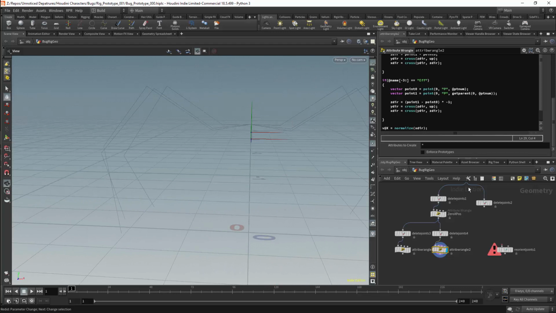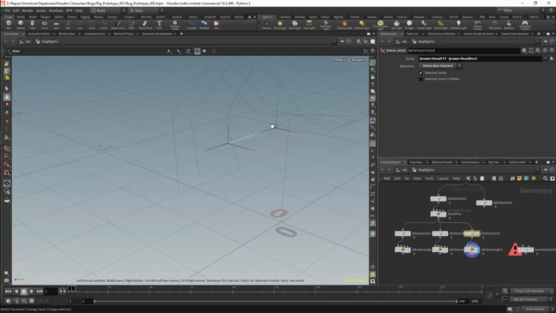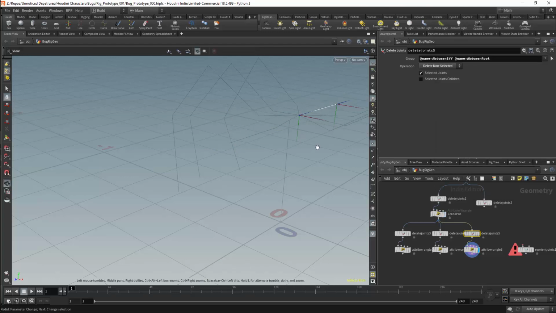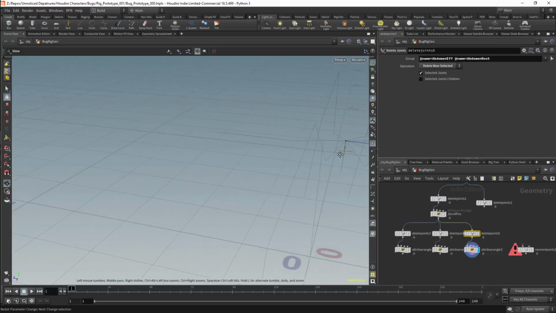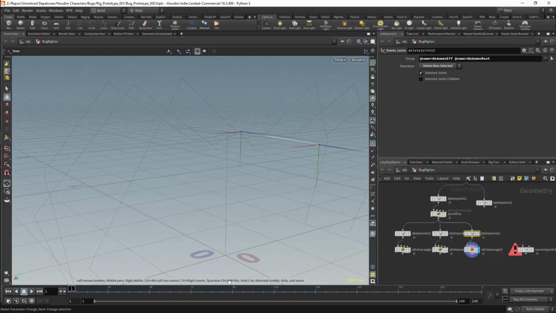I'll duplicate the delete joints node and the attribute wrangle node for the head, and we'll use these for the abdomen. In the delete joints node, I'll replace the group. The new group will be for the abdomen root and the abdomen effector. And we now have transforms for the abdomen. These transforms are perfectly fine. I could reverse the up vector to make the y-axis point upwards, but I will leave them as they are for the moment. So I now have working transforms for my entire body, and we'll need to work on the